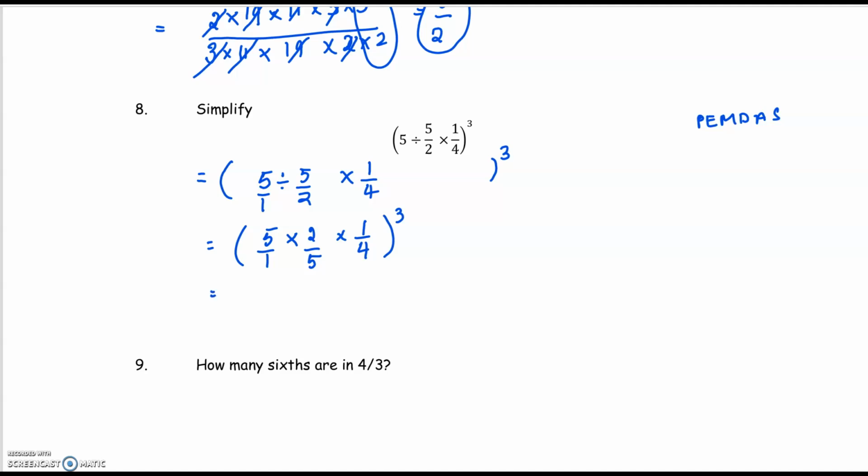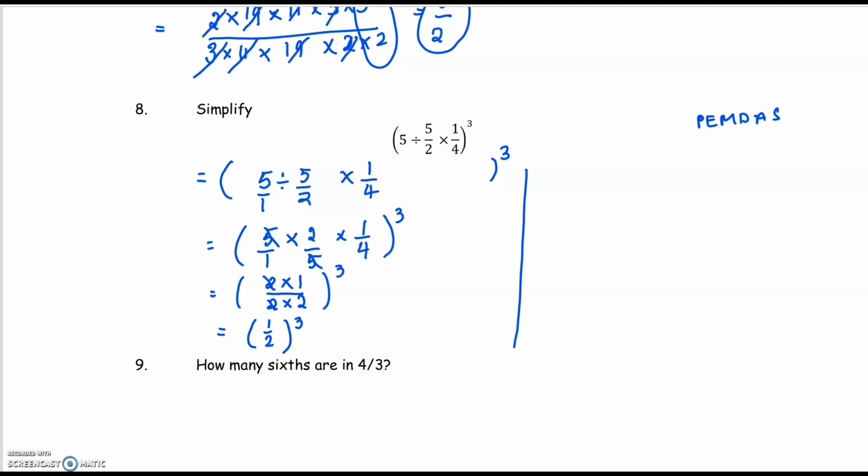So what do we mean by simplification? We mean cancel all common factors. So you're left with 2 times 1, and we know that 4 is 2 times 2. We have more to cancel before we cube it. So it's important to reduce the number to the simplest form possible, and then think about the next step, which